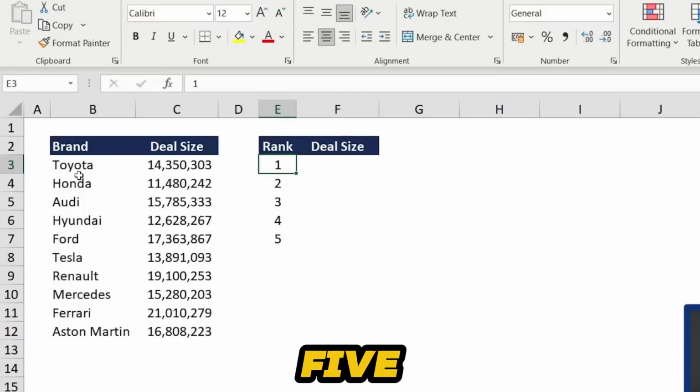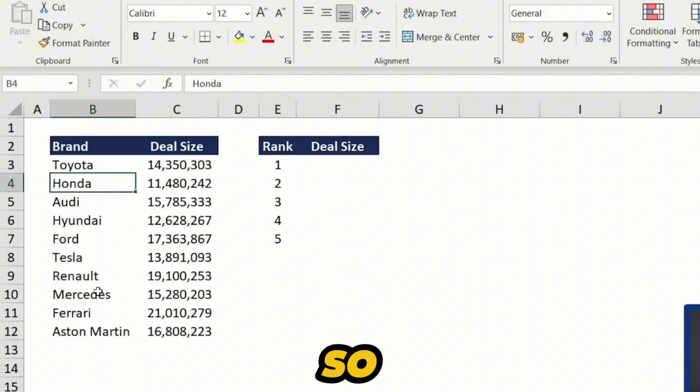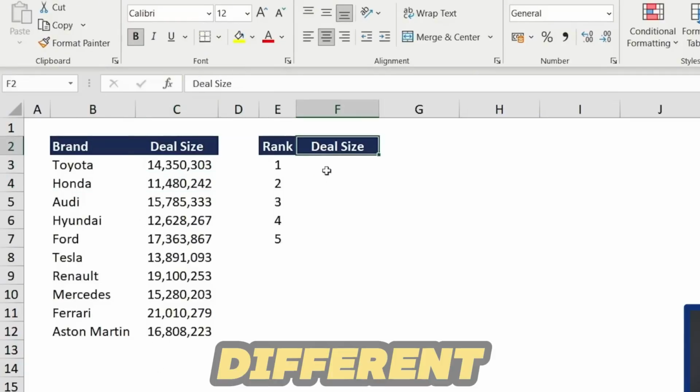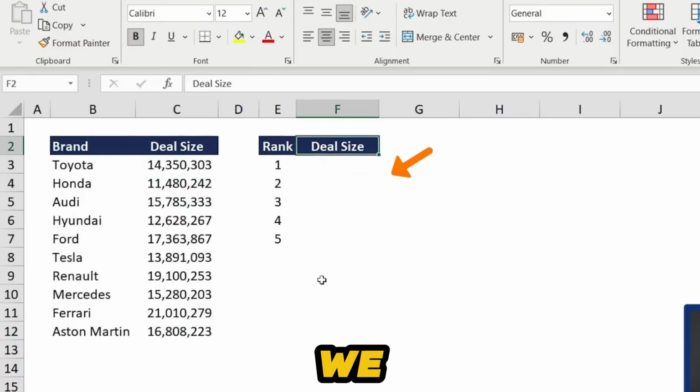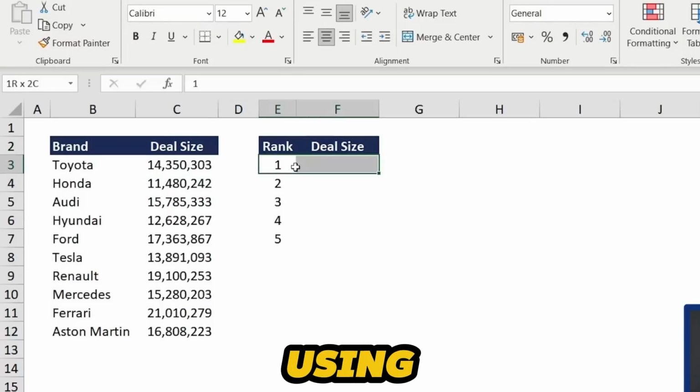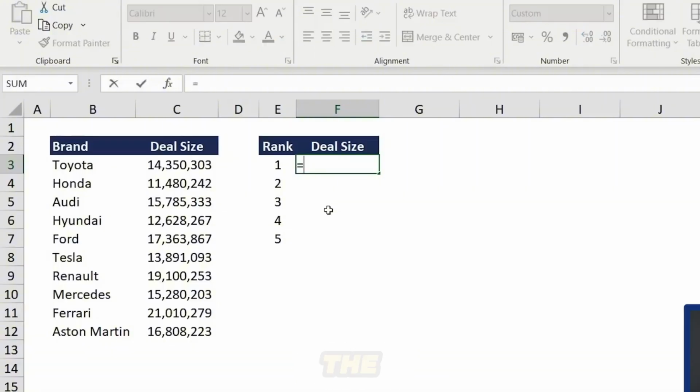Next up in number 5, we've got the LARGE and the SMALL function. So over here, you can see that we've got all of these brands that we're working with, and here's the different deal sizes and amounts. We want to find out what are the 5 largest deal sizes that we've got, so you can think of just using the MAX function, but that's really only going to give us the first one and not all of these other ones. So for a top 5, the best way is using the LARGE function, so we'll go equals